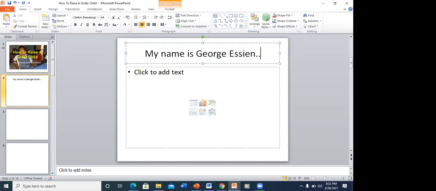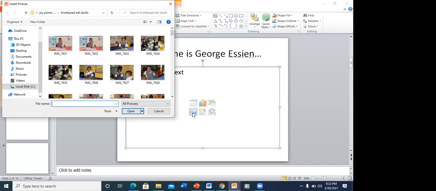Then another way, aside from going to Insert to get a picture, is that you already have, you notice, Click to add text. You can insert a table, a chart, a SmartArt graphic, a video clip, a clip art, and you can also insert a picture. So another way to put pictures into your Microsoft slide is to click right there. That is usually common to the title and content slide, right? So I click on that and I'm looking for a picture.